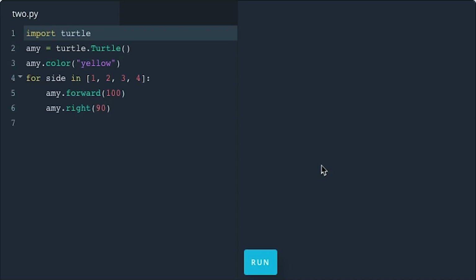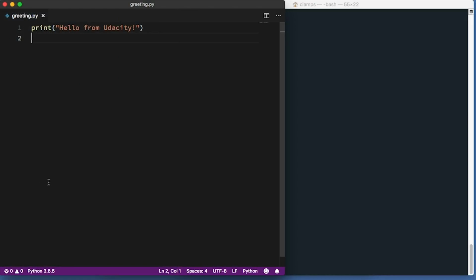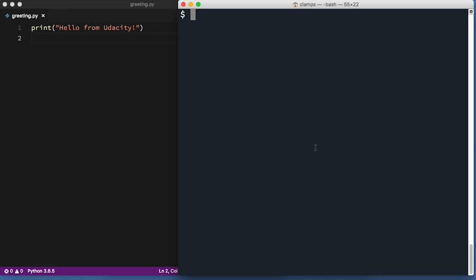When you were using workspaces earlier in the course, you typed your code in on one side and then saw the results on the other. Now that Python is installed on your computer, we can do something kind of similar. In this case, you'll be editing your code in a file using a text editor, and then running that file and seeing the results in the terminal. We've provided a simple Python file for you to try this with. You can download it from a link on this page.